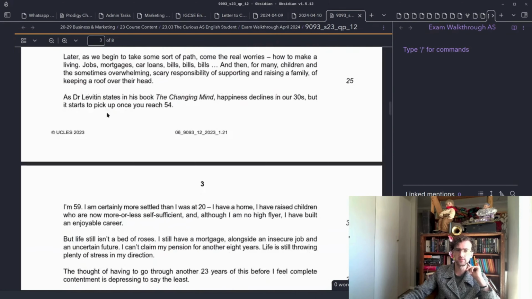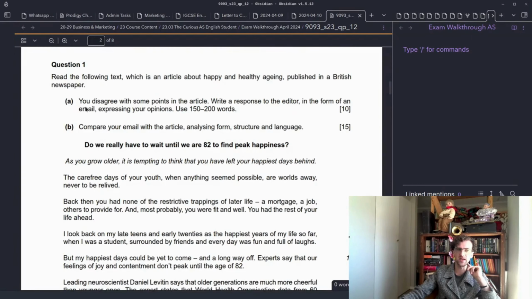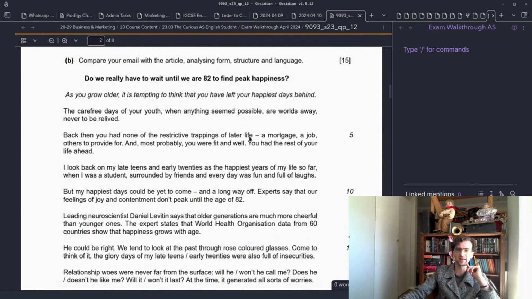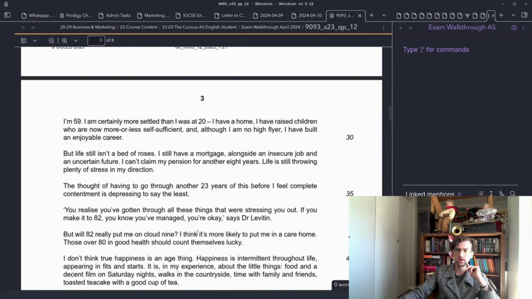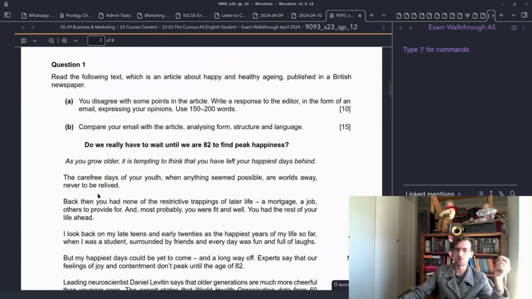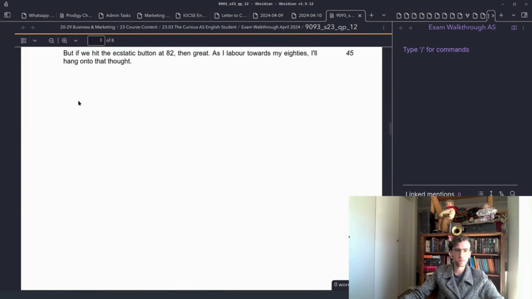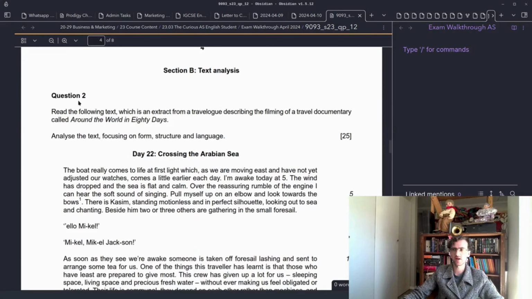Here is your article. Okay, so I would personally start by reading the questions, reading the article, and as I'm reading the article, I'm going to highlight key points that I can analyze later on in one color. And then in another color, I'm going to highlight some key points that I'd like to actually talk about in my question A. This is just what works for me. It might not work for you, but do whatever works for you as long as it is chaotic and you're having fun. Okay? So from there, we move on to question 2, which is literally my favorite part.